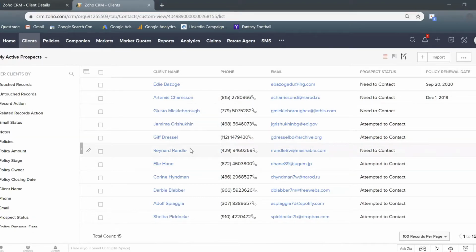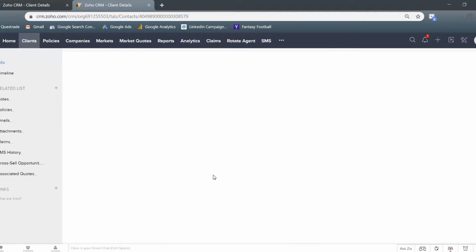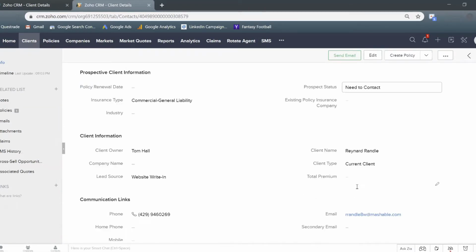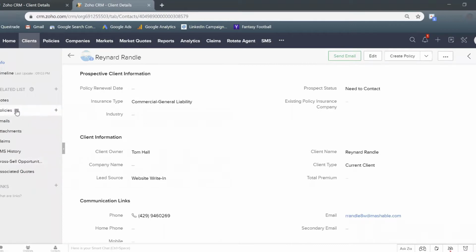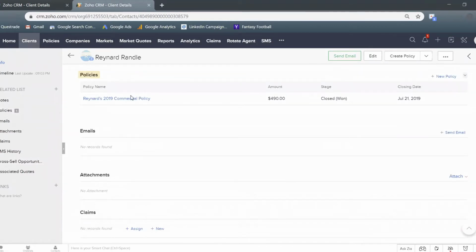Reinert's right here. So what we can see is that automatically 90 days before a policy renews, we change things to need to contact. It pops them into this My Active Prospects list, and then this is your cue to start calling them. Of course, you don't want to treat them like a prospect, so what you're going to want to do is click into Reinert here, see that he's need to contact, see that he's a current client, and since he's a current client, you can scroll down. You can see that his commercial policy is here. The amount was $490,